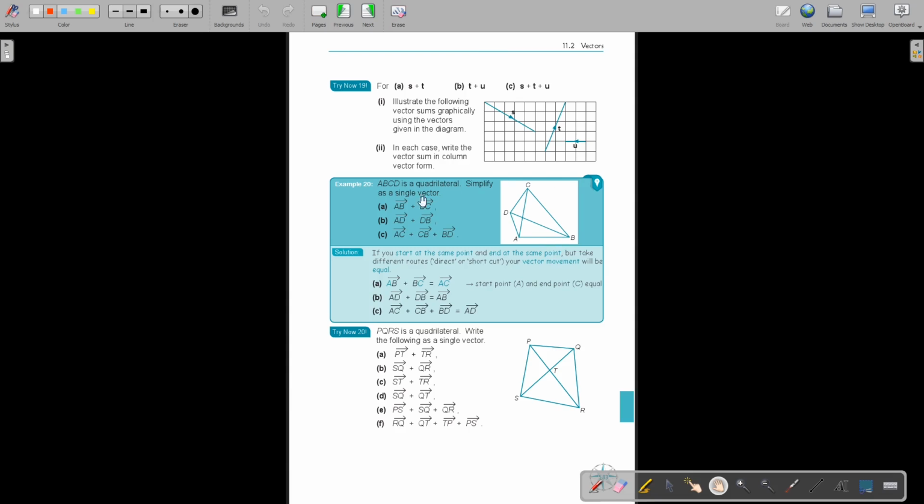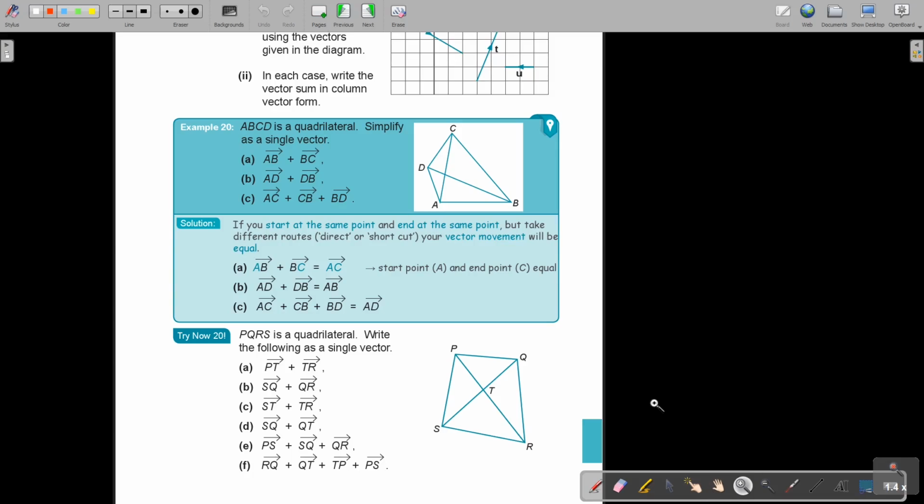Okay, can I just show you this one? And I think this is very good to do the explanation here. If I'm saying, as a quadrilateral, simplify as a single vector. Now, because vectors have direction, you must not think just of the length. You must think, if I say AB, and I'm going to show it here to you. If I say AB, and I say plus BC,